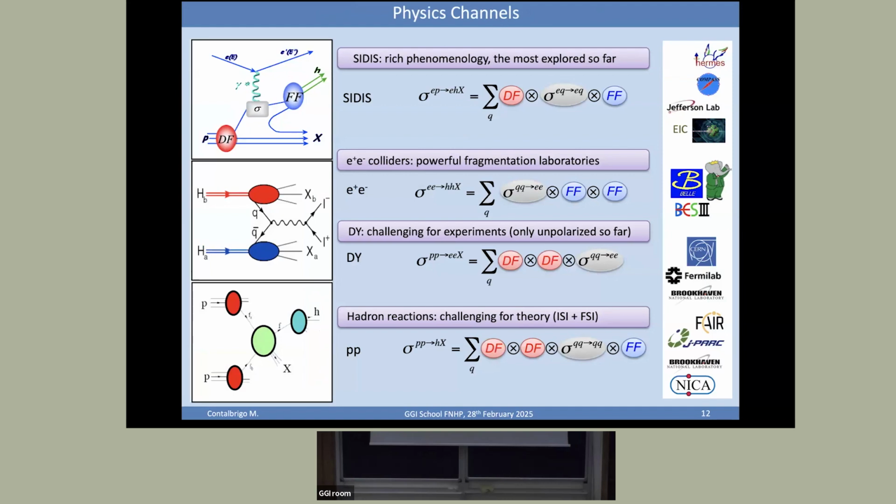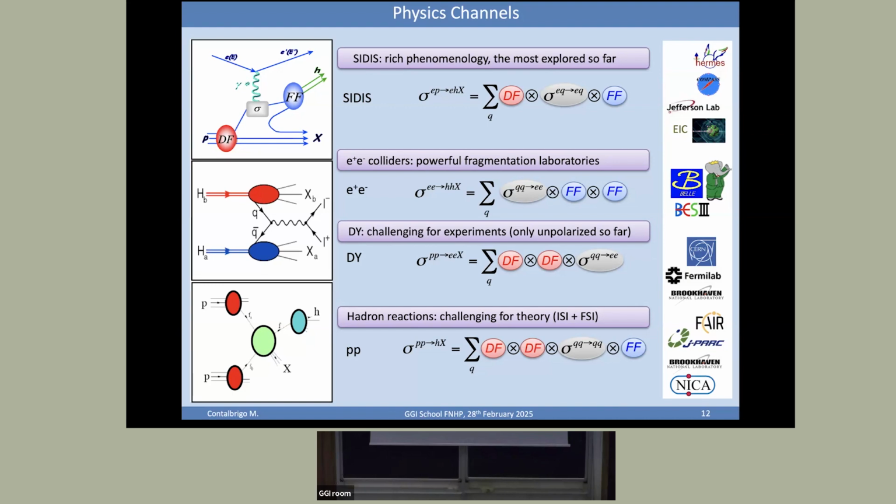So is there only SIDIS to do something like that? No, of course. SIDIS has the peculiarity that you have the distribution inside your target, the nucleon, and you have the fragmentation of the quark into the final hadron. These are, if you want, mirror phenomena, or correlators that describe this strong force dynamic in different, let's say,